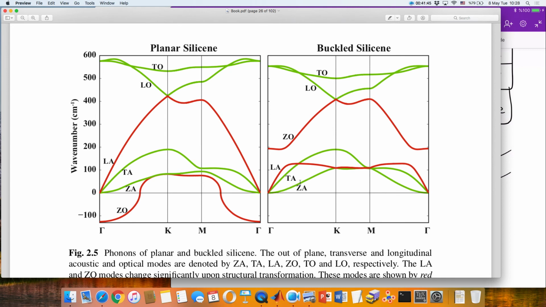Actually, if you fit it to a quadratic polynomial, from the fit you can derive the bending rigidity of the material. So how rigid it is against bending. So you can discover a lot of material properties doing vibrational analysis, like phonon calculations, and you can also discover new kinds of materials in a computer. Okay, let's stop here.